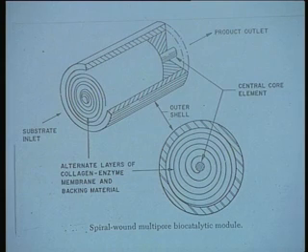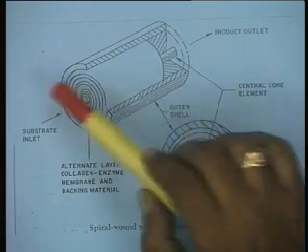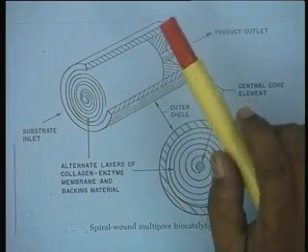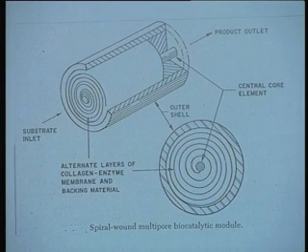Of course, it serves two purposes. One is that it provides strength to the enzyme sheet, and the other is it doesn't allow the enzyme system to get clogged. Such a system can then be packed into a column, into a tube, and it can provide a very high enzyme loading, because the surface area available on the thin film is very large, and the system also performs almost like a plug flow reactor.